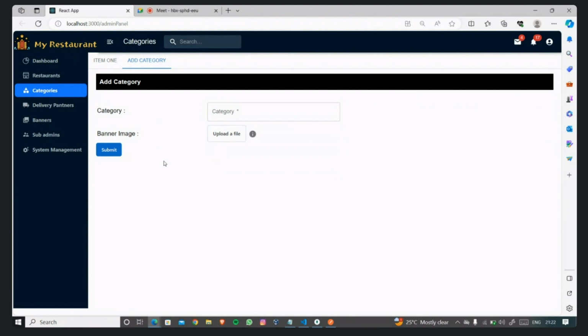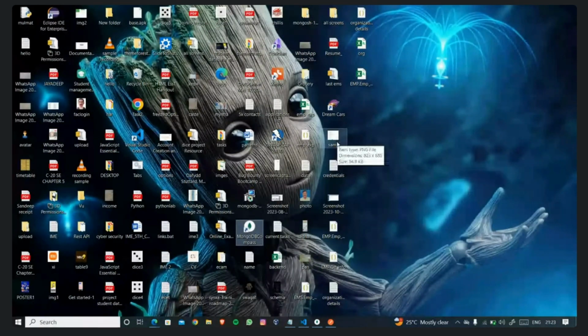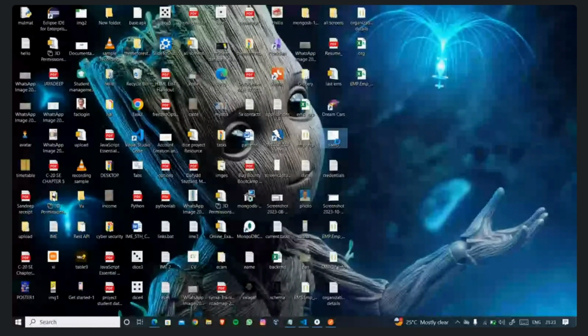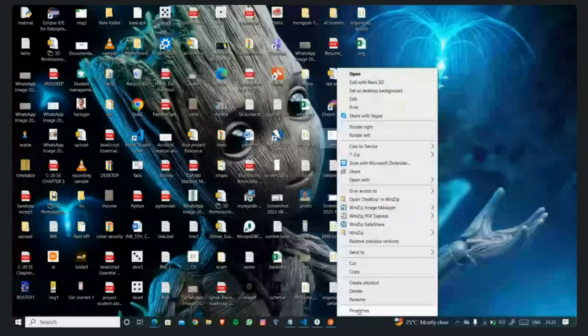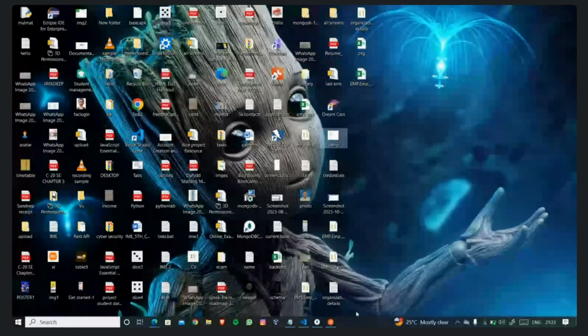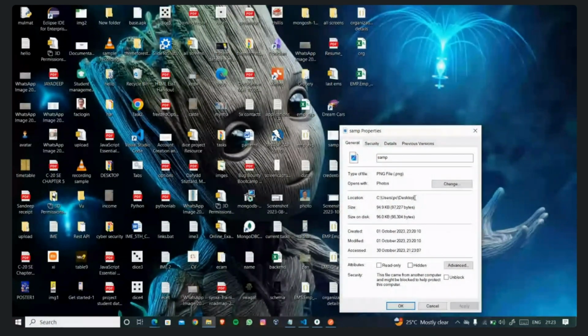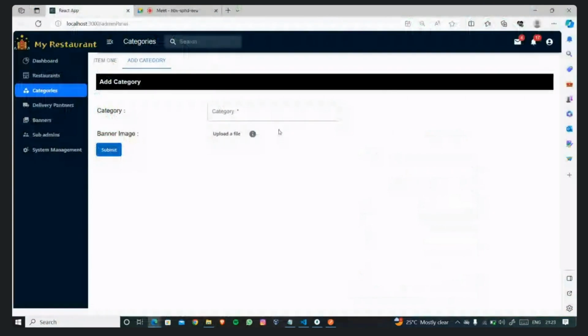What you can do is send the image in person, right? Try to send the link of the image, I mean the path of the image. For example, if you have some image on the desktop, you have some path here. If you go to properties, you have some path here, right? Yes. Or else, if you want,